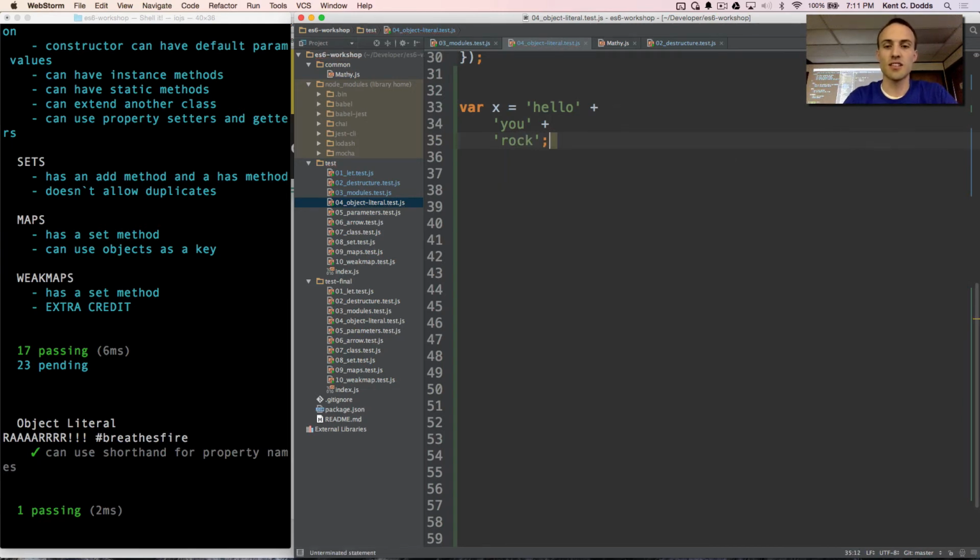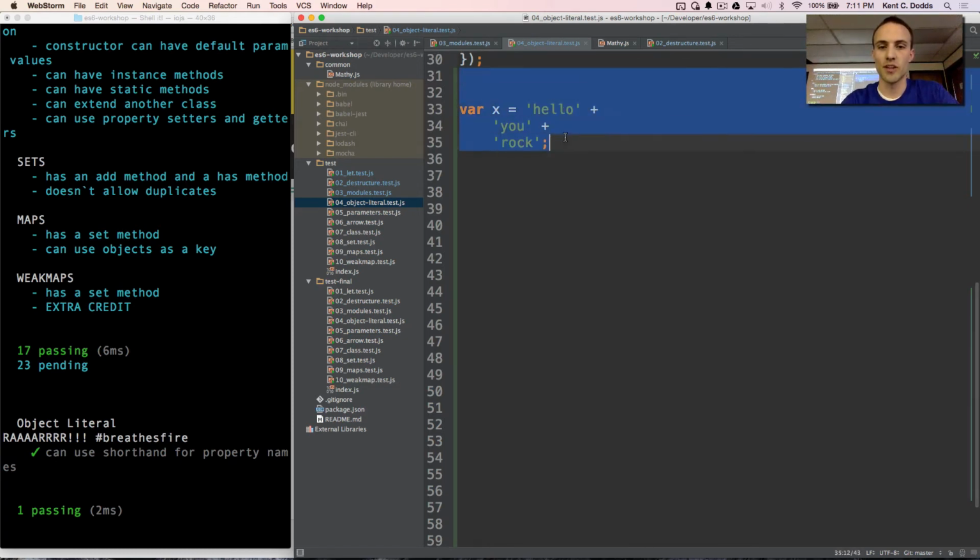And this isn't that bad because you just say hello you rock. What's the big deal? But if you wanted to have some sort of DOM or template inside of your JavaScript, good luck. Enjoy that. It's no fun.